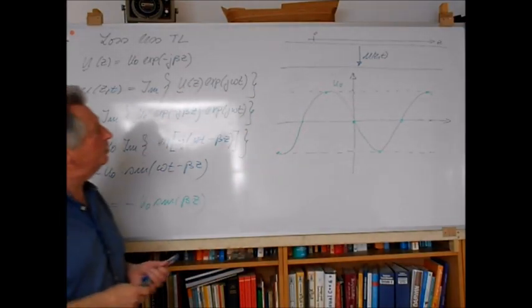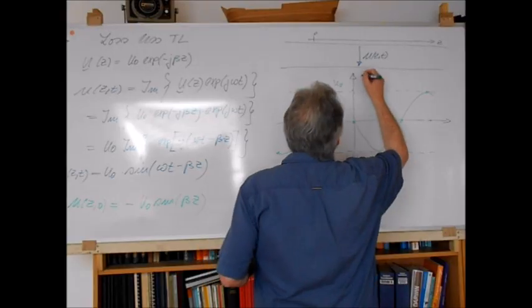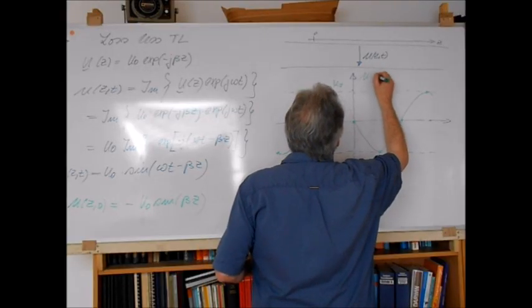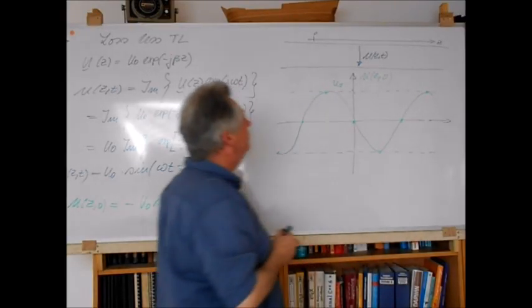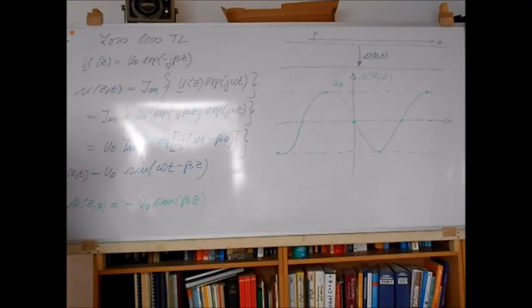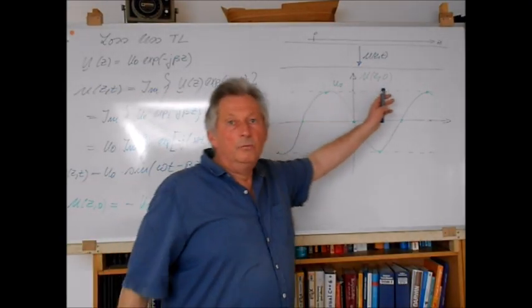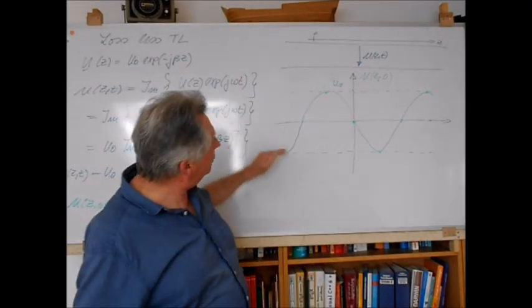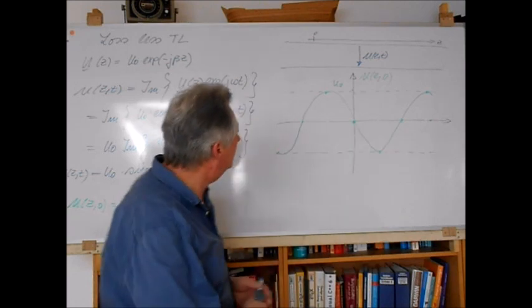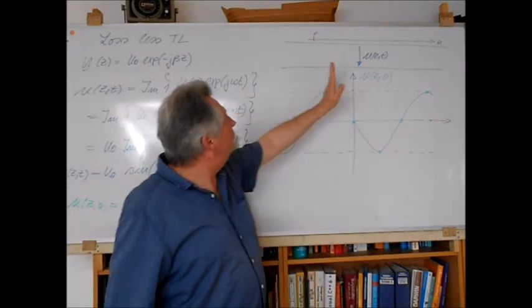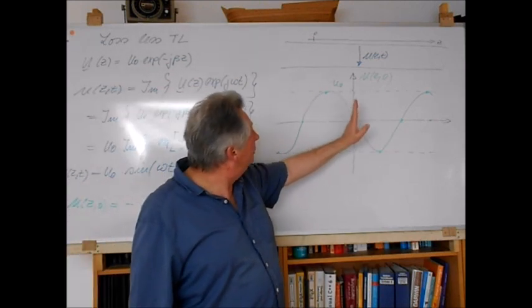This will be the voltage distribution for u of z comma 0. At a certain instant of time, at t equal to 0, we will have a sinusoidal voltage distribution along the transmission line. That means if you freeze the time,